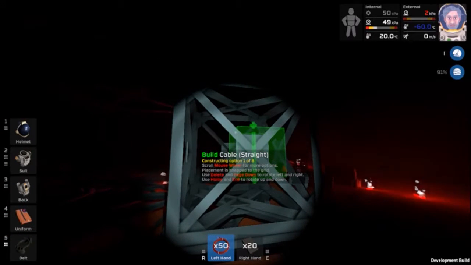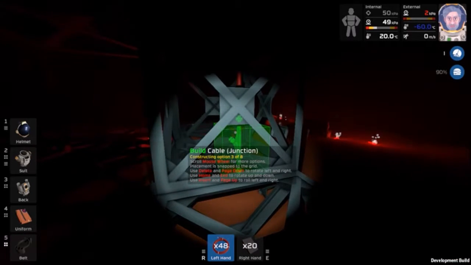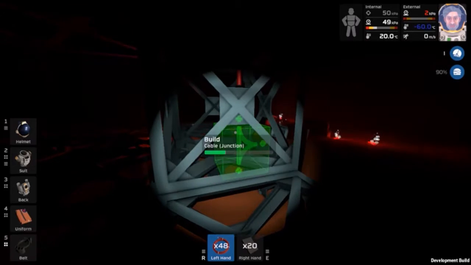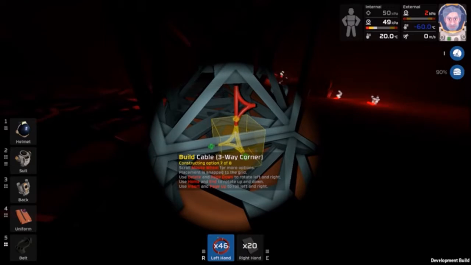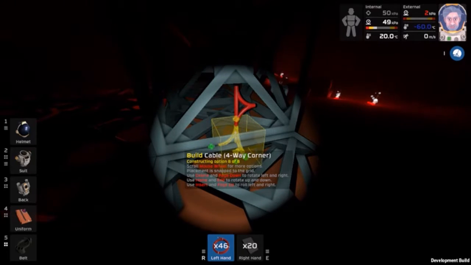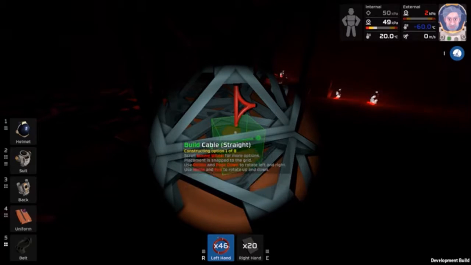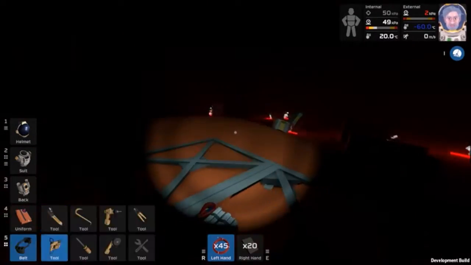Okay, so right here, we're gonna have the power controller. And my plan is a junction that goes that way, and then a 3-way corner. Where's that at? What's the 4-way corner? That's nice. We're gonna have, what am I doing? That's gonna go out that way. No, we just want a corner. We don't want a 3-way corner. Okay. Now we need to put this back in the belt